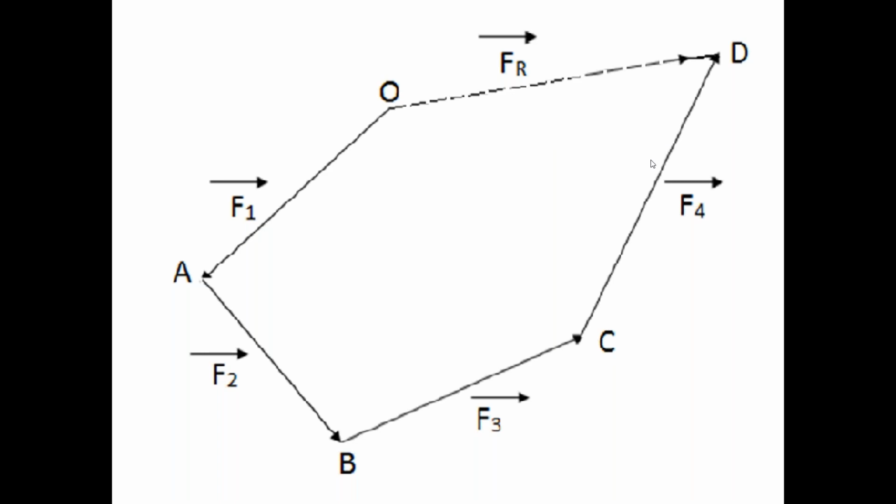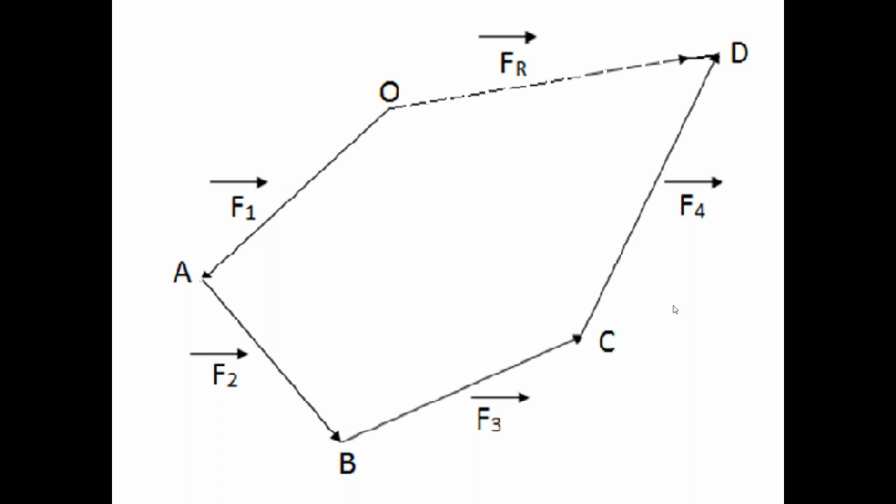If the force system forms an open polygon, please listen everyone, then the force system has the resultant force, that is the closing side of the polygon. If the force system forms a closed polygon, then there is no resultant force of the force system. So the force system is in equilibrium condition. So from this polygon law of forces, we can also understand that if this polygon is an open polygon, then the closing side of the polygon gives the resultant force. So these four forces are not in the equilibrium condition.